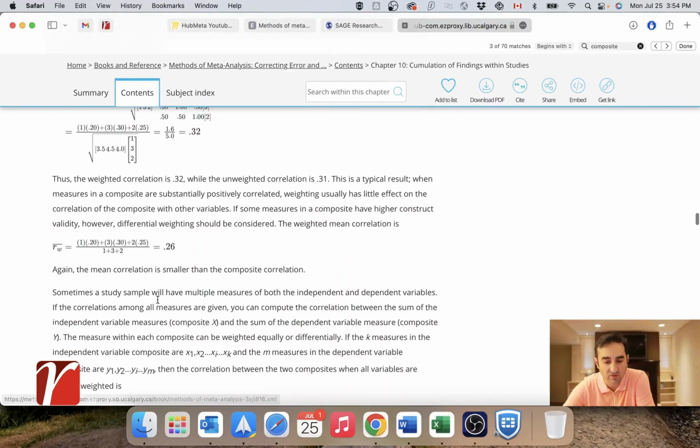And these are the formulas that we have used in HubMeta. And believe me, it can get very complicated. In some cases, we have used many different tests to make sure that the numbers are right. But of course, if you found any errors in it, or if numbers didn't make sense, make sure you write to us. We will look at it together.